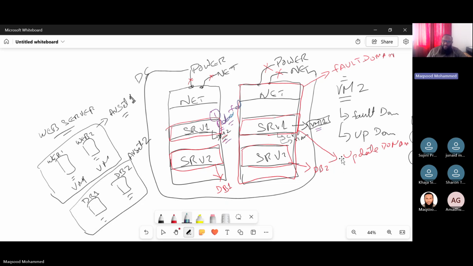Next, we have also seen vertical to horizontal scaling. What is vertical scaling? Vertical scaling means giving a single VM